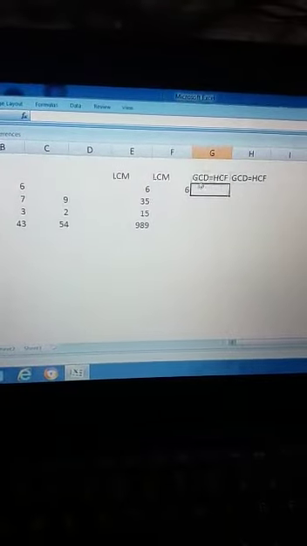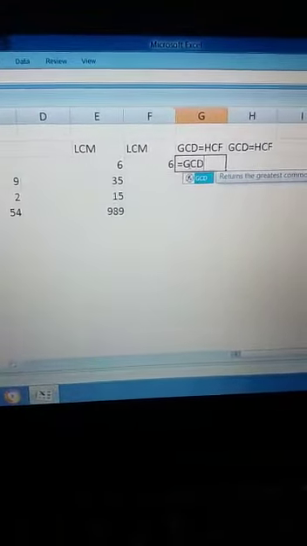HCF can also be called GCD. Again by the manual method, you will write equal to, then you will write GCD.